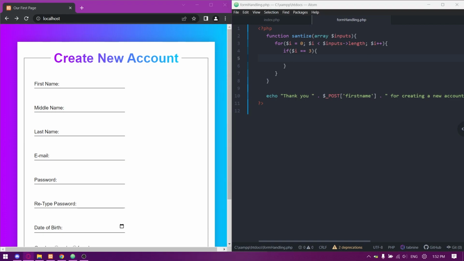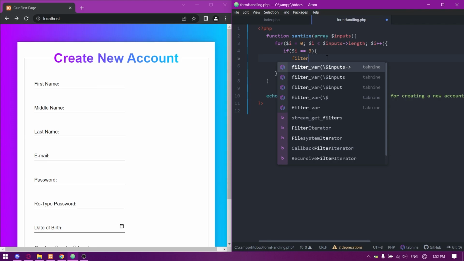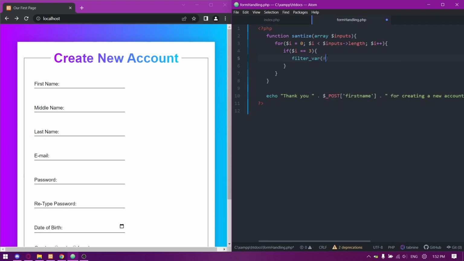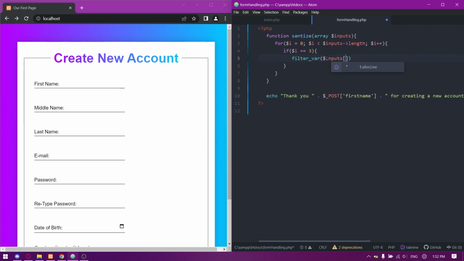Right here we need a big function that you use for validation, and it's called the, we don't need the array version, we just need filter_var. And with this we'll be taking the $inputs[$i], comma,